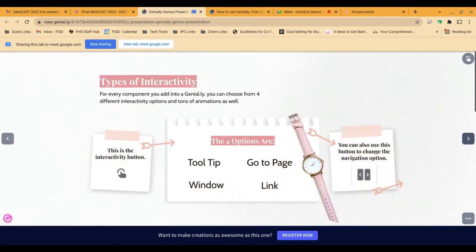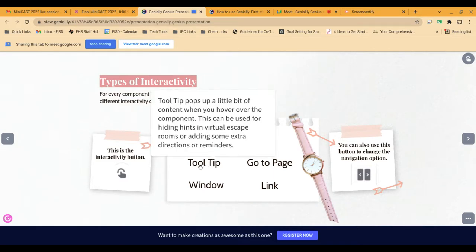So there are several options for interactivity. As I said earlier, if you click on the pointer finger, it will tell you all of the objects in the Genially that are interactive. And there's 4 options when you are designing the interactivity for everything. The first is called a tooltip, which is just when you hover over it, it will pop up a little bit of content. And so again, if you'll have the link to this presentation, if you hover over the tooltip,